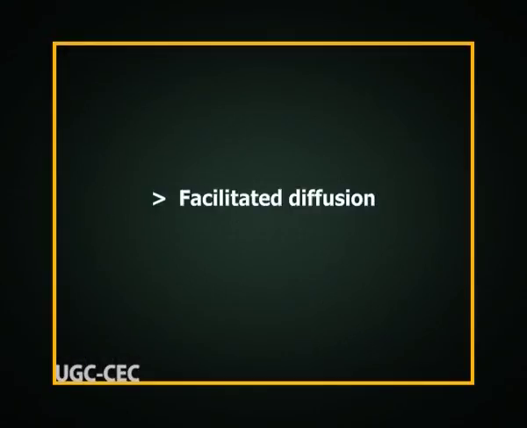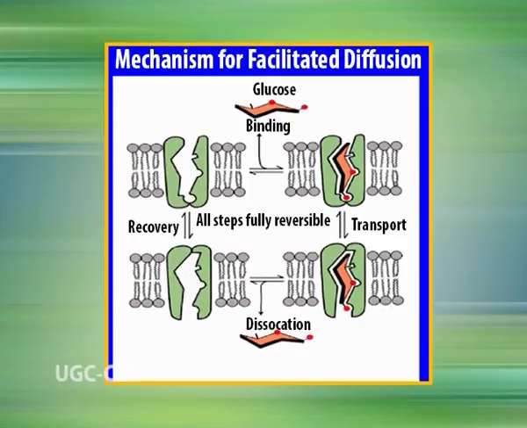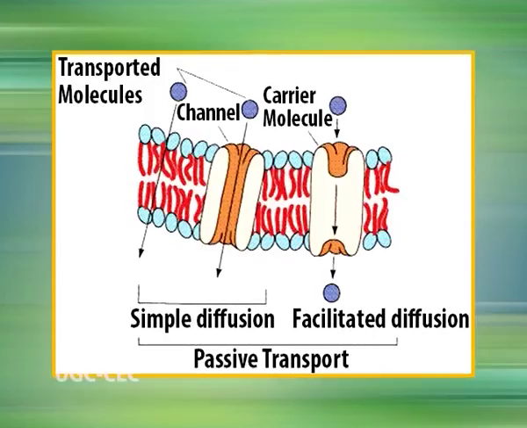Now, what is facilitated diffusion? Like simple diffusion, facilitated diffusion involves a movement of solutes along the concentration gradient. However, the passage is mediated by transport proteins and is selective in nature, and may be carrier protein or channel protein mediated. The rate of transport of molecules across the membrane is far greater in facilitated diffusion as compared to simple diffusion. Facilitated diffusion allows polar and charged molecules such as carbohydrates, amino acids, nucleosides, and ions across the membrane.